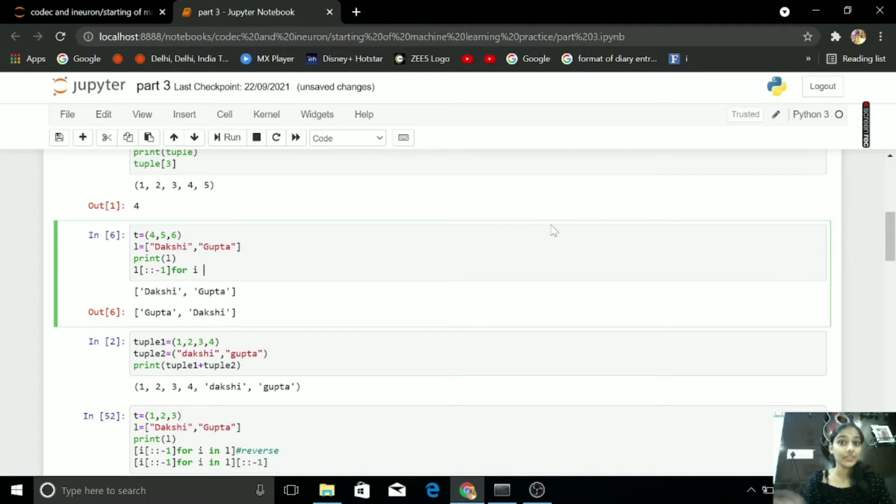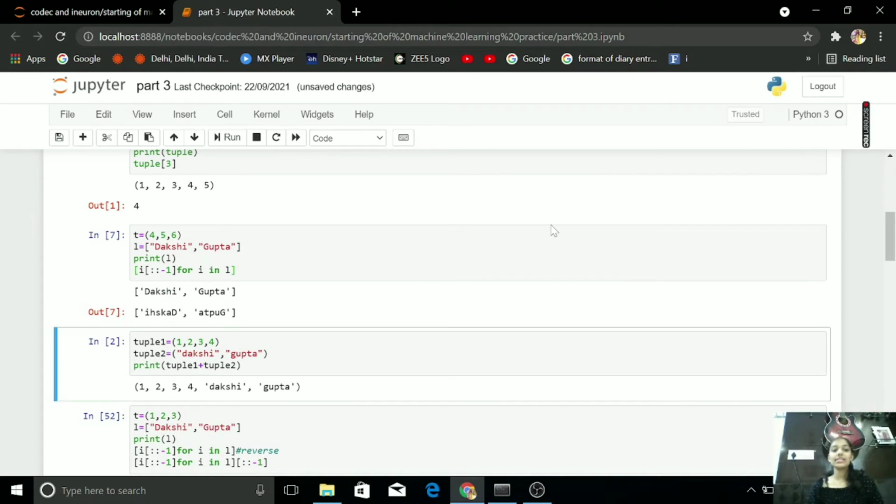But if I want the reverse of my name, let me tell you guys. For i in my L, I am getting the reverse of Dakshi Gupta. For reverse, you have to do minus 1.